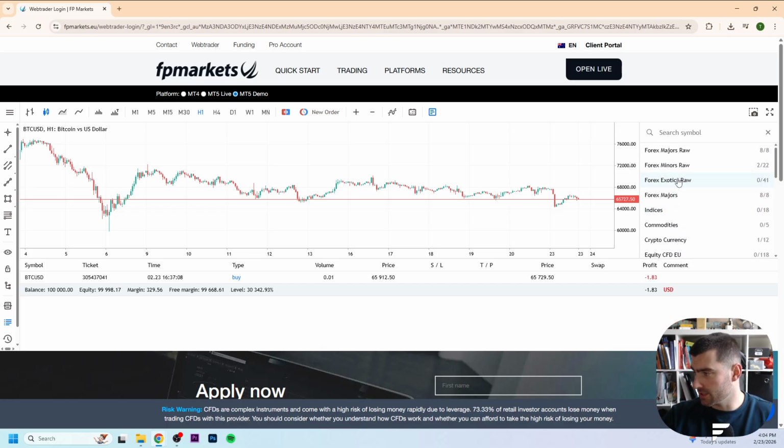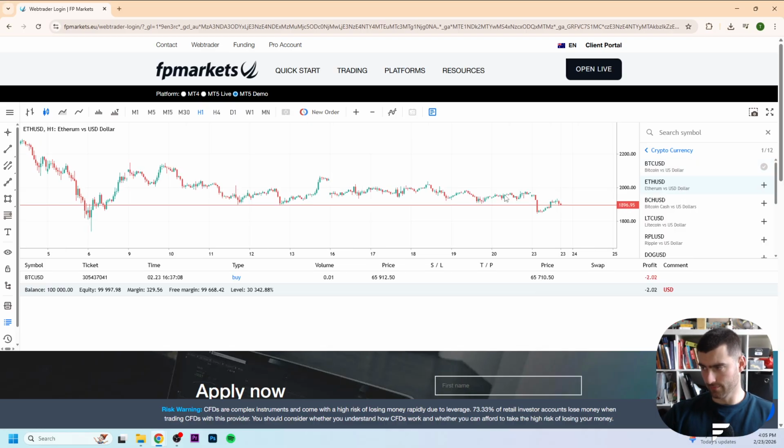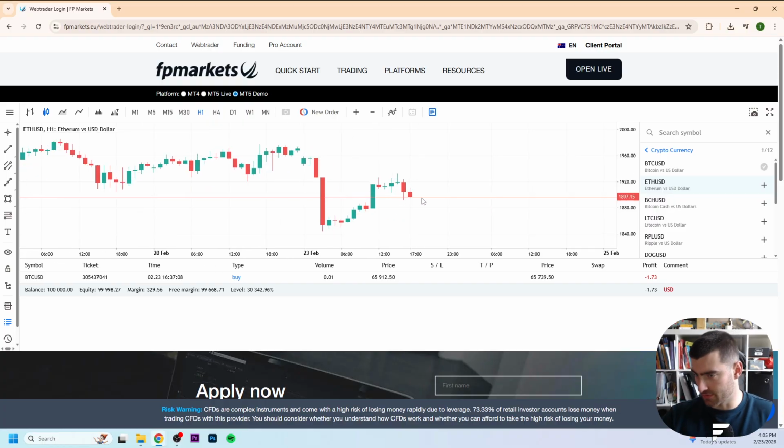So right now you see a lot here, but let's say we want to trade in cryptocurrency and we want to create a position on Ethereum. Let's try it on Ethereum, that's fine. The first thing that you need to know is if you want to create a position,